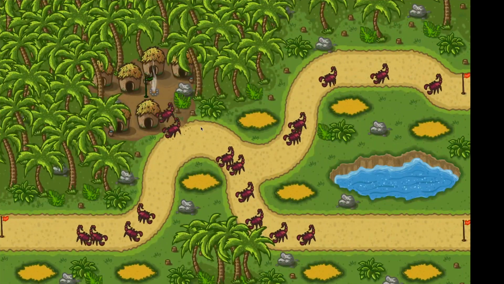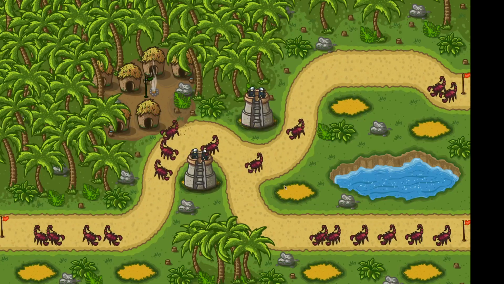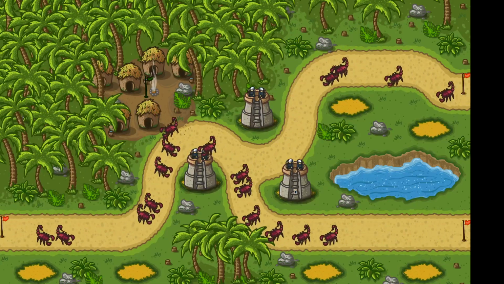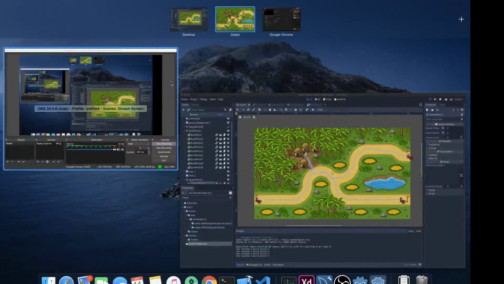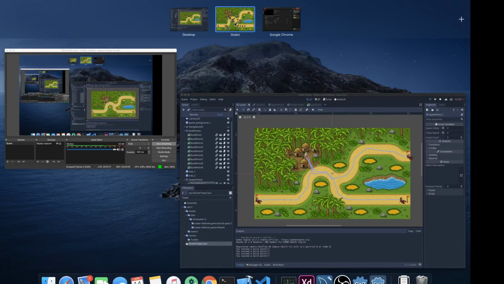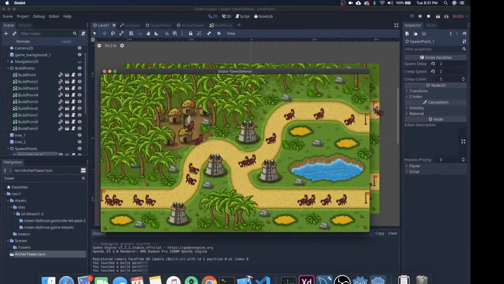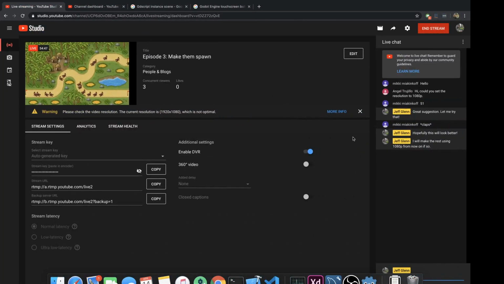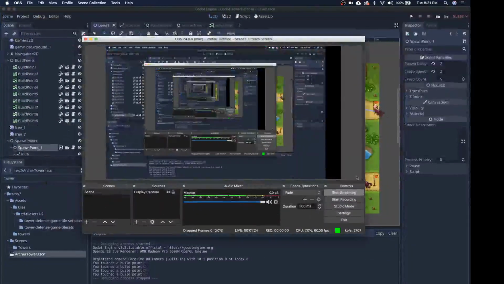We'll end the stream with some scorpions and building some towers. Oh no, look at that. See? Didn't see that when things were small, did I? So there we go. We've got a whole screen of creepy scorpions. Okay, killing that. Hopefully that looks better, and I will keep it at that from now on. Ending the stream. Still learning. Gonna get better every single